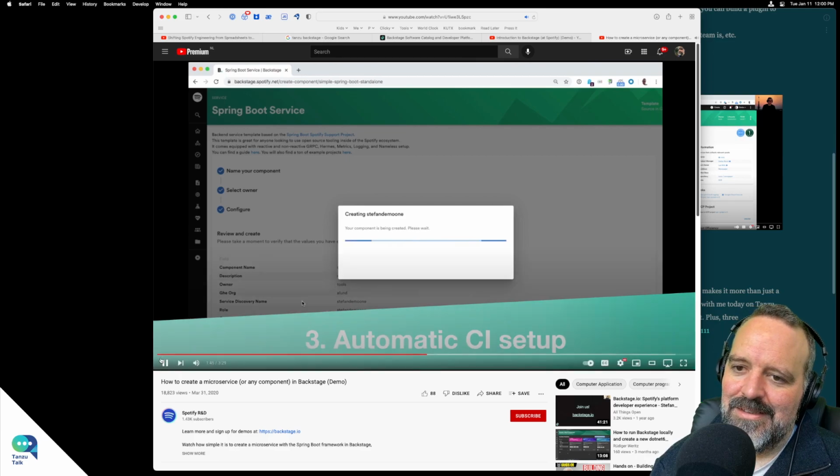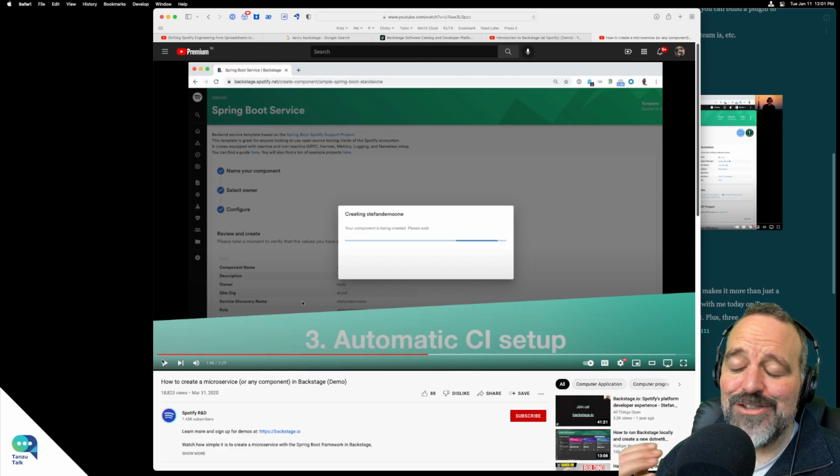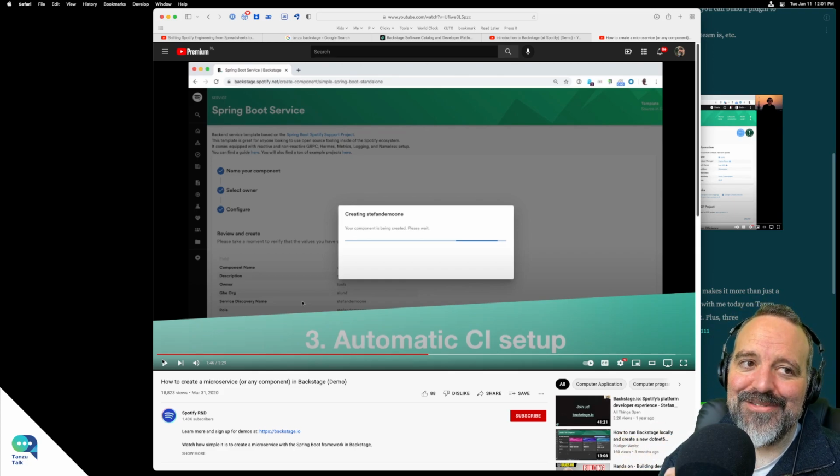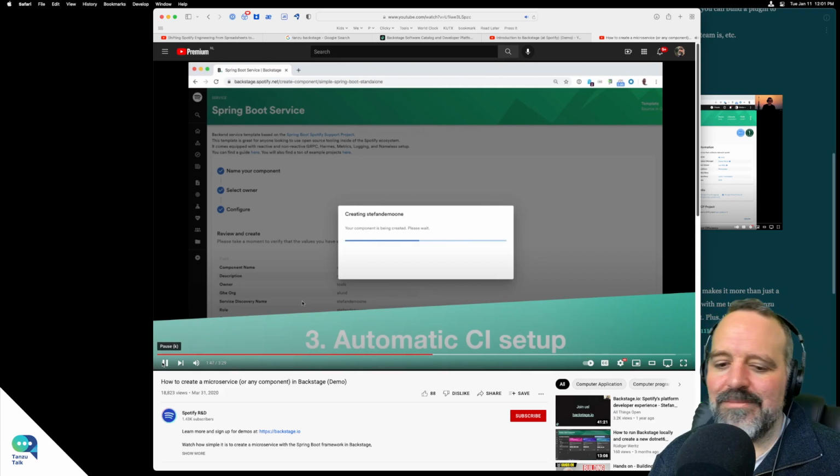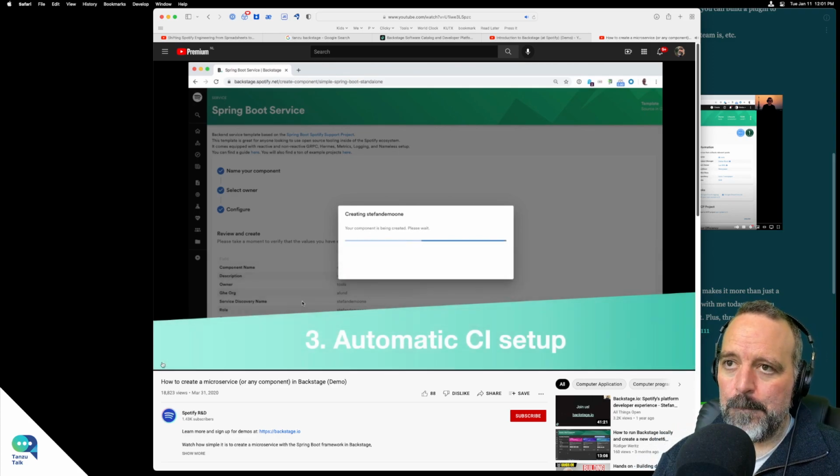Now there you go. That's a big thing right there: the developers don't have to worry. They don't have to go to the big old wiki page to look up how to start their project, all the files that they need, and how to set it into the build environment. This also implies that there is a standard way of doing builds, a standard CI system, which is a huge leap for most organizations. That would be a good thing to start with if you haven't standardized on a way of building your code. The environment picks up the build and starts building automatically.